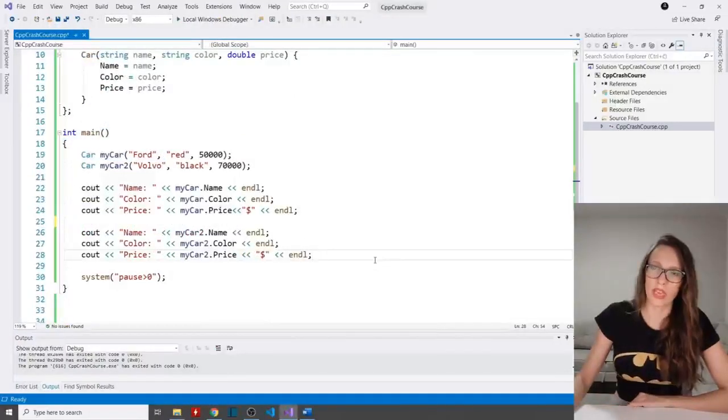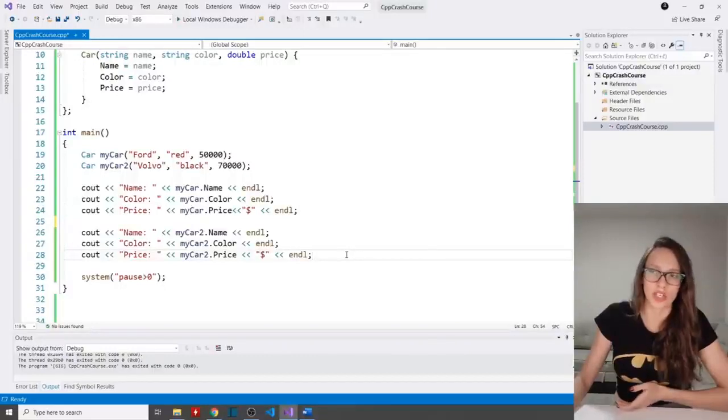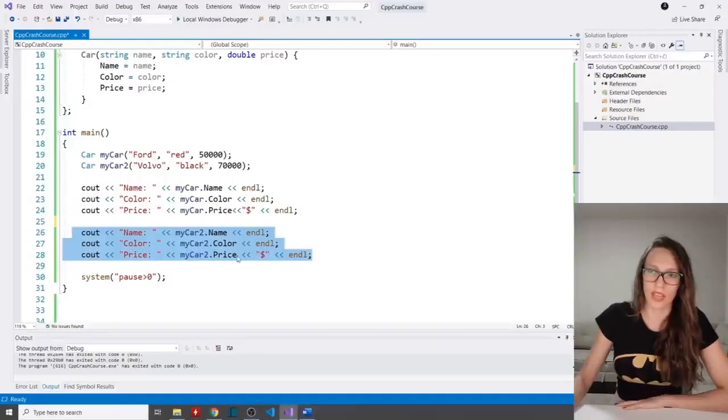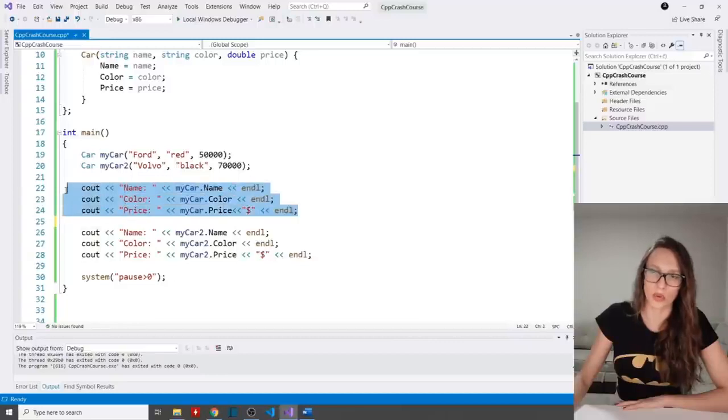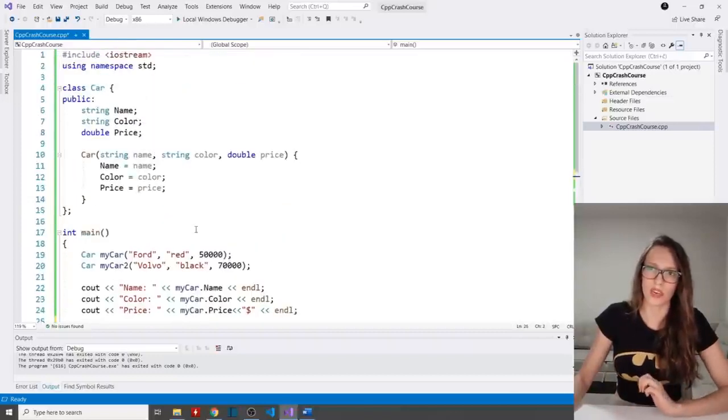Another important thing is going to be class methods. And in order to represent a behavior of a class, you are going to use a class method, which is going to be basically a function. So far we had these attributes of our class written out here and then here as well, which means that we have repeated this code. So we have written out attributes of our Ford and then attributes of our Volvo, repeating this code. However, we can move this code to our class, so I'm going to cut it from here, and then here I want to create a method which is going to do that job.